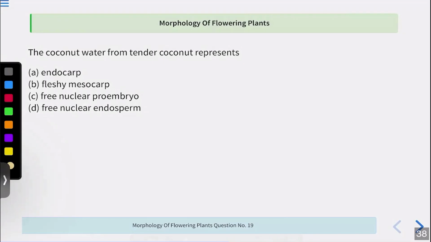That leaves just option D. But free nuclear, if you just remember, it was something nuclear, so you'll get confused between C and D. But it is an endosperm, free nuclear endosperm. So you should have no doubts over here. Correct option is D. Coconut water is a clear liquid inside a young green